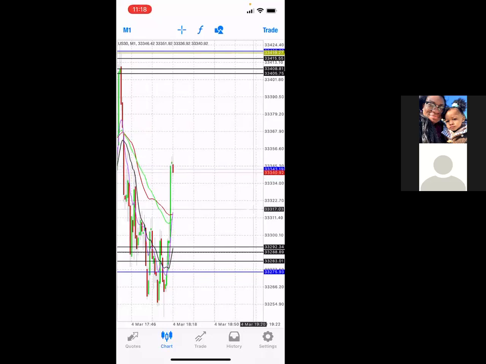It's hard to explain, but the more you do it throughout the course of the day, US 30 will hit certain levels. It'll hit this level, fall down, go up. Hit this level, fall down, go up. It might do this little pattern here for 20 minutes. And I might have a little 2-lot or something. I might make $20, $10, $15. I might do that 30, 40 times in a 30-minute period. You know what I mean?